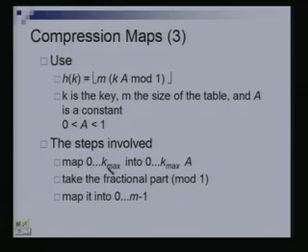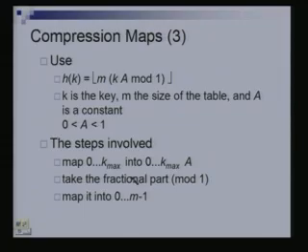First we convert them from this range into a range 0 through k max times a. Essentially we multiply each key with a, where a is some number between 0 and 1. So first we convert it into this range. Now we take the fractional part of each key. That corresponds to Ka mod 1. So we take the fractional part of each key. As a consequence, we get a number between 0 and 1 because we took the fractional part.